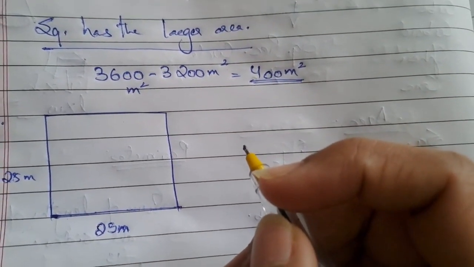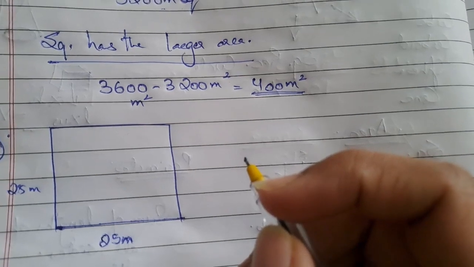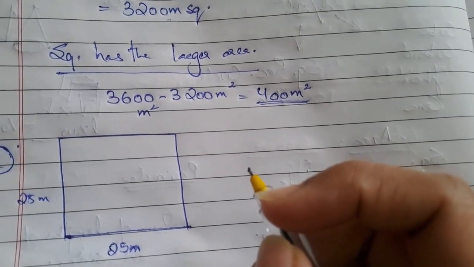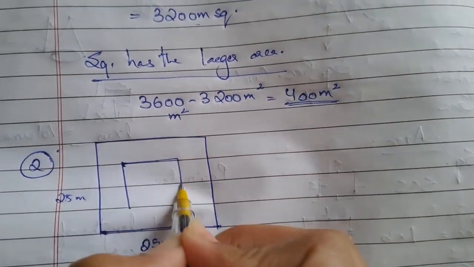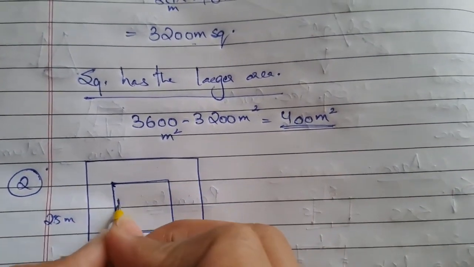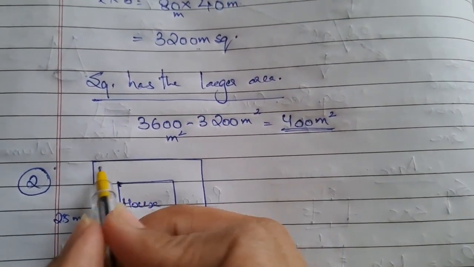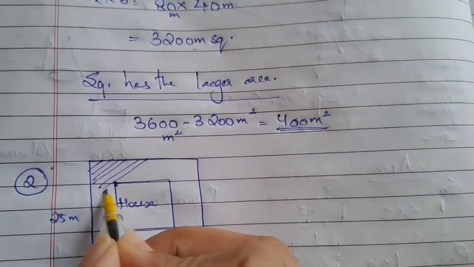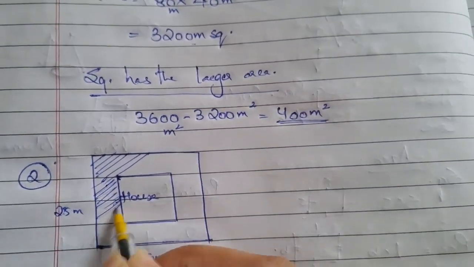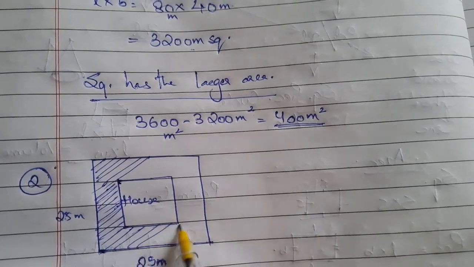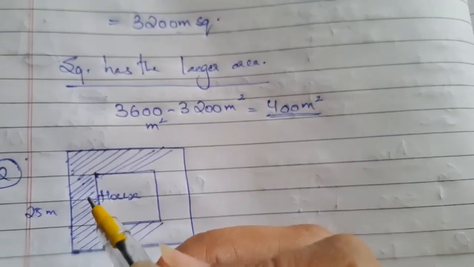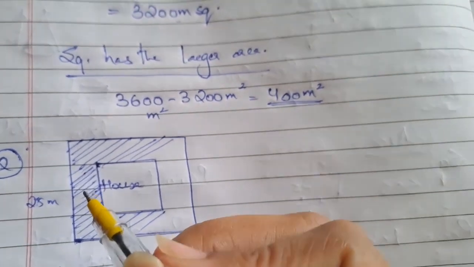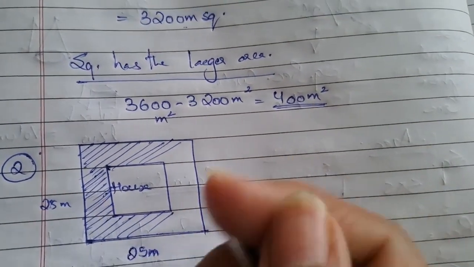Okay, she wants to construct a house in the middle of the plot. Okay, a garden is developed around the house. She wants it in the center. The garden should be there. This is going to be the house. I'm going to write house here. And this part is going to be the garden. All of this, I'm not going all the way around just to show that this is going to be the garden. That's it. Find the total cost of developing the garden around the house at a rate of,